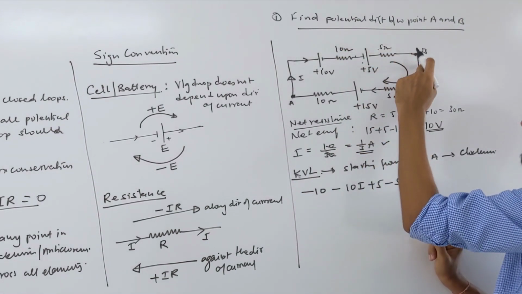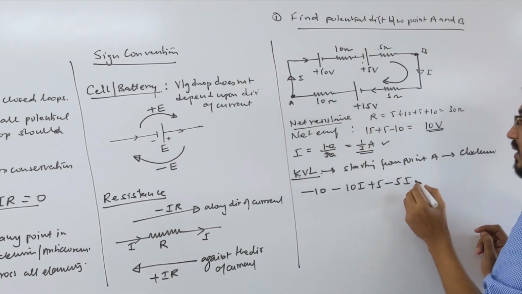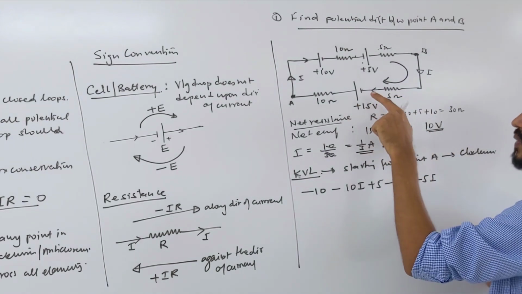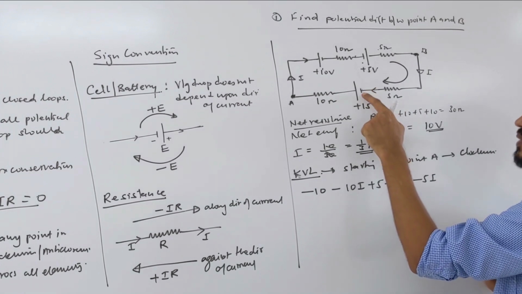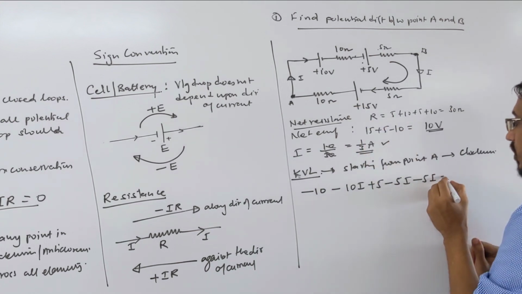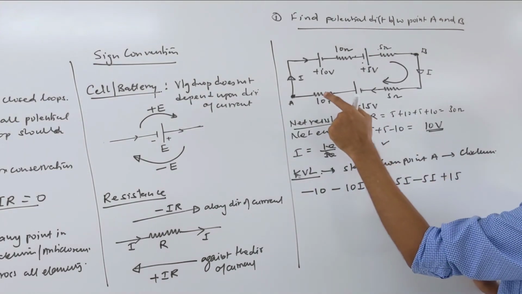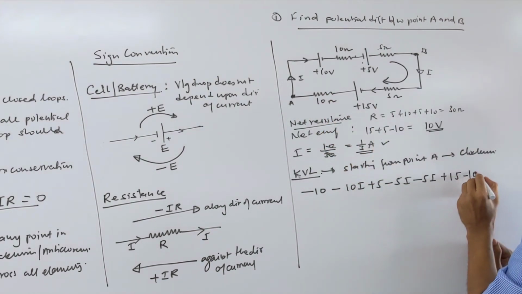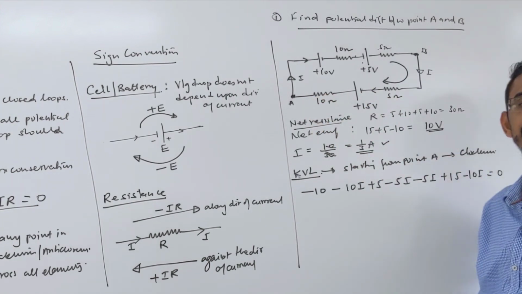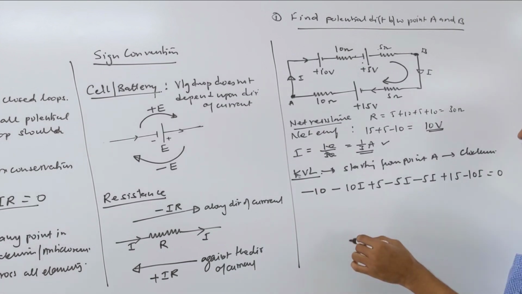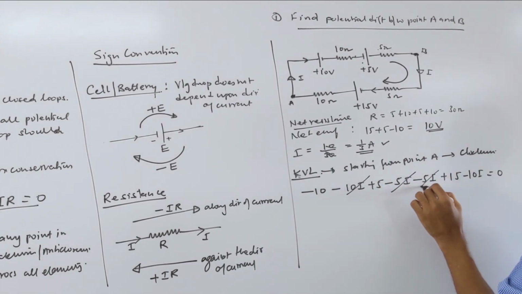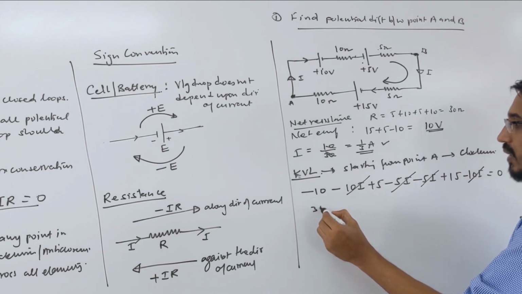Then we came to point B, and coming here we got another resistance, so minus 5 into I, because we are going again in the direction of current. And we got this battery jumping from minus to plus terminal, so voltage is increasing, 15 volt. Then we got this resistance, so minus 10 into I, because we are going in the direction of current, all this equal to 0. So let's calculate: minus 10 minus 5 minus 20 gives minus 30, so 30 I